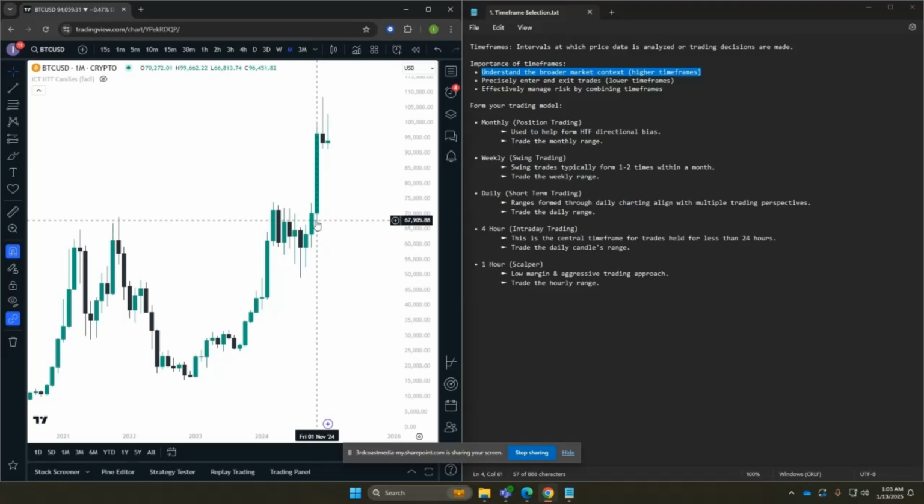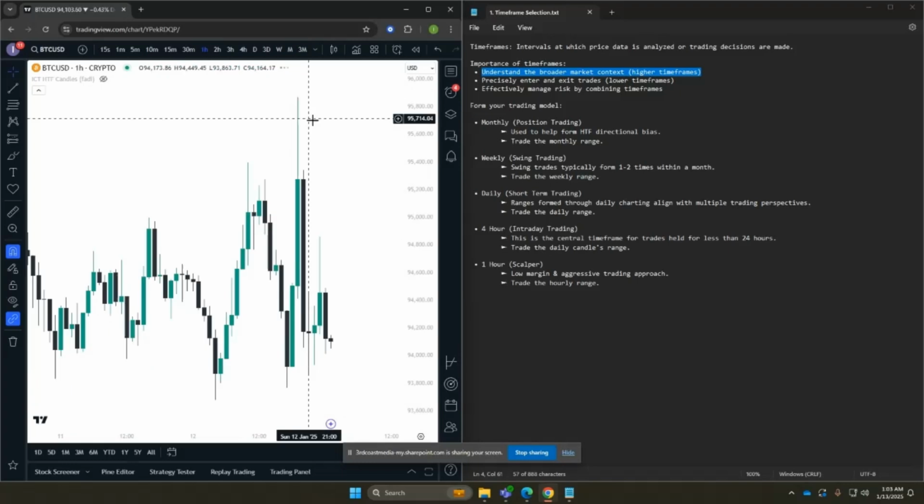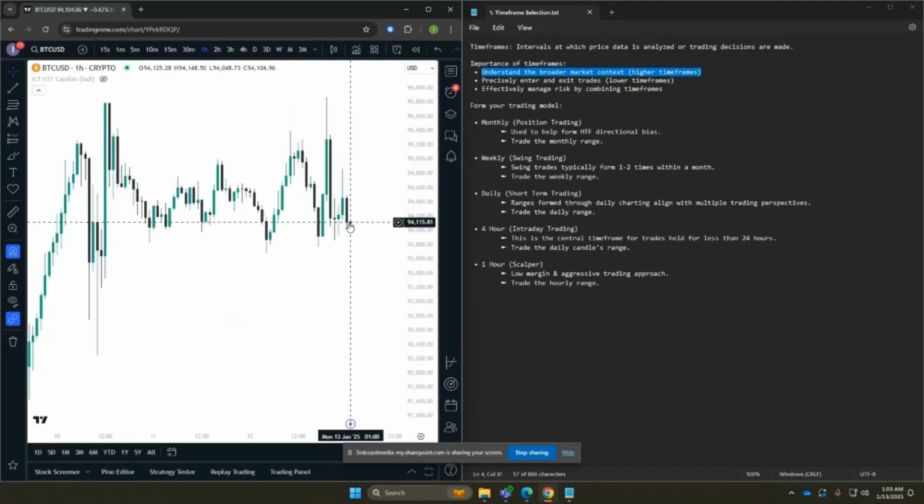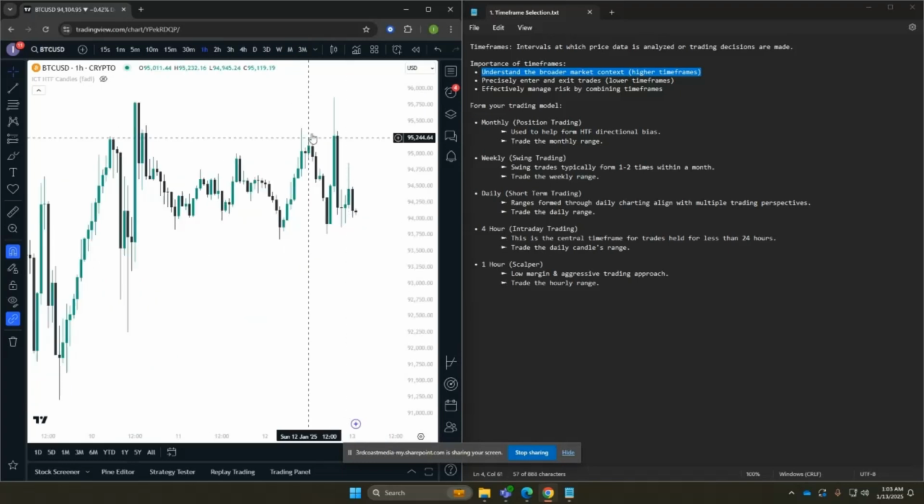So this took a whole month to get to there. Whereas for this month, it just bounced around in this area. For this month, it bounced around in this area. So using the right time frames, for example, such as the 1 hour, can help us precisely enter and exit trades. So if we look at an hour,